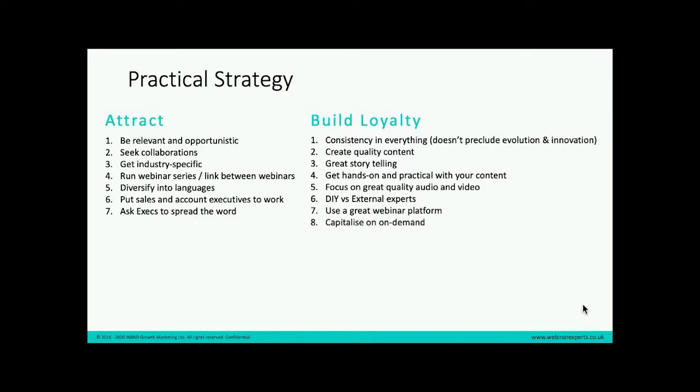And then we have this point of capitalizing on demand. So you need to capitalize on the on-demand session. Often companies will run live webinars and they will stop when it's finished. And you're leaving a huge amount of attendees on the table potentially. What we see often is that for every 100 live